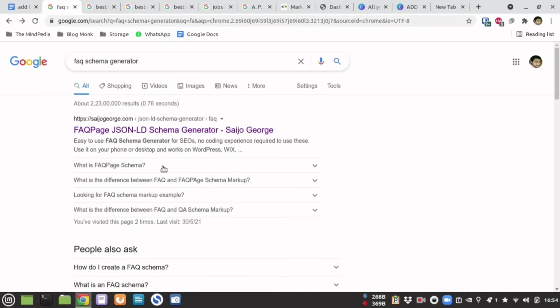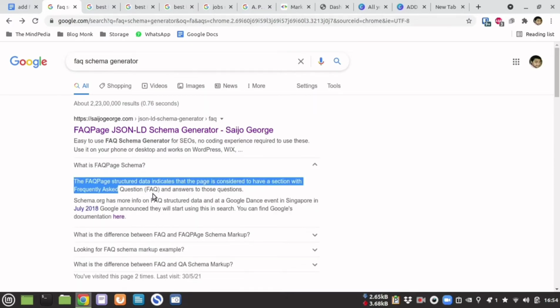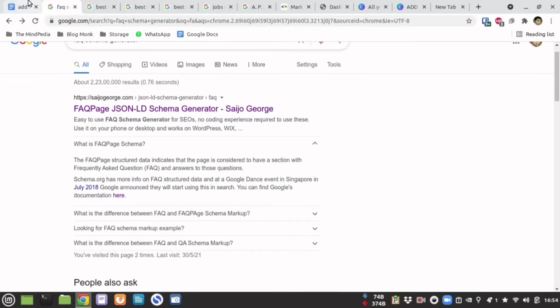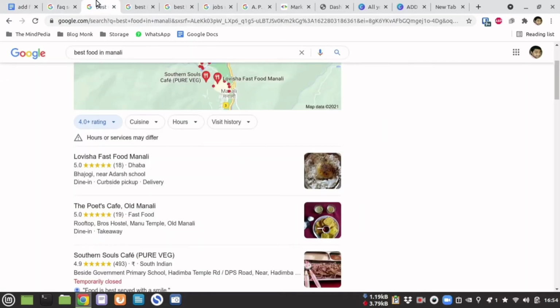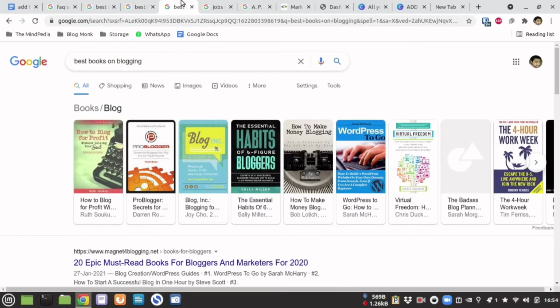Suppose in this you can see FAQ schema schemes. Now this particular website provides the information regarding the FAQ schema, and that is the reason they have also added FAQ schema in their website. So whenever a person is searching for FAQ schema, they can see the question and answer, and they can get a glimpse about what that particular URL or that post or page is trying to convey. Now this helps Google to index the page properly and also rank it accordingly. Depending upon what is the intent of the user who is searching a particular search term, Google is going to show that particular information to the user.